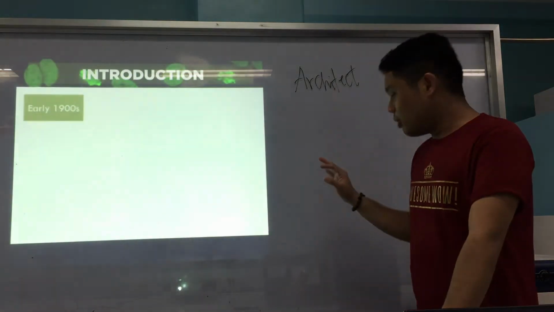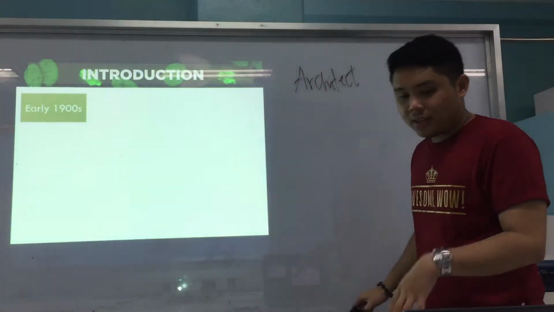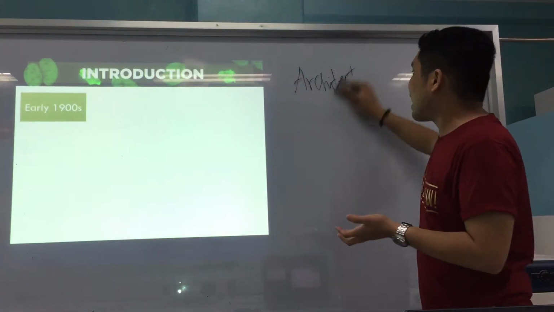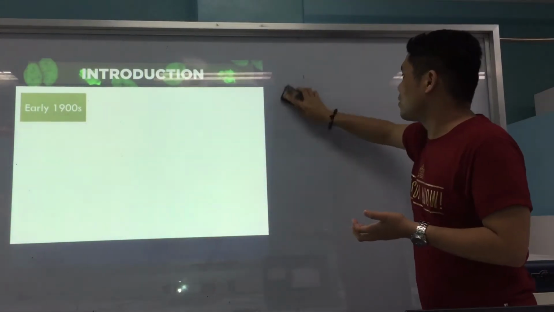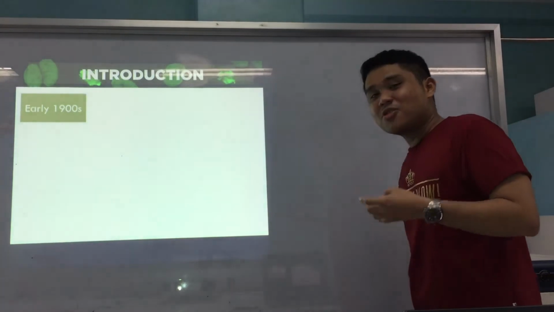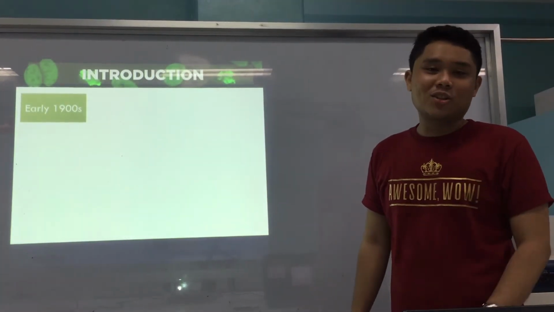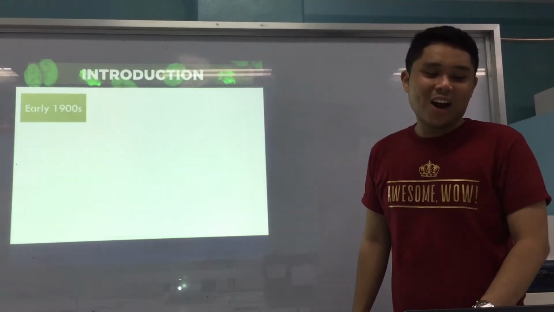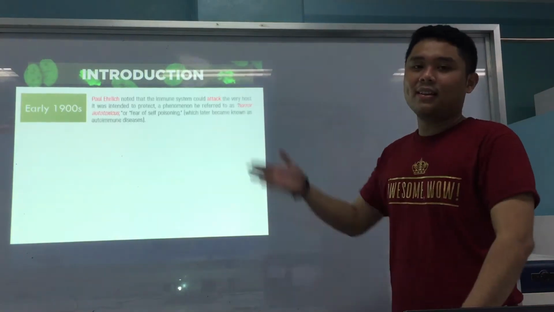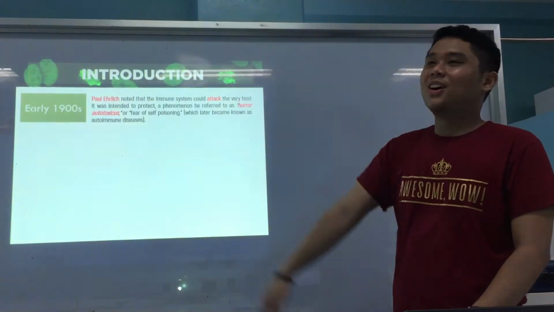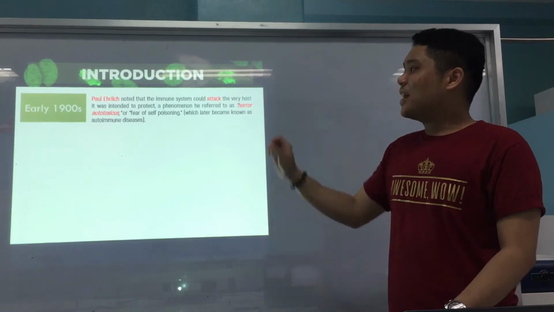Alright, so what is autoimmunity again? In the early 1900s, there is this particular person. We like history, right? Can you guess? He is very popular. Alright, so in the early 1900s, Paul Ehrlich,